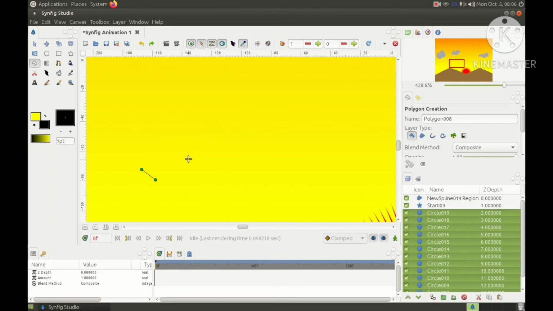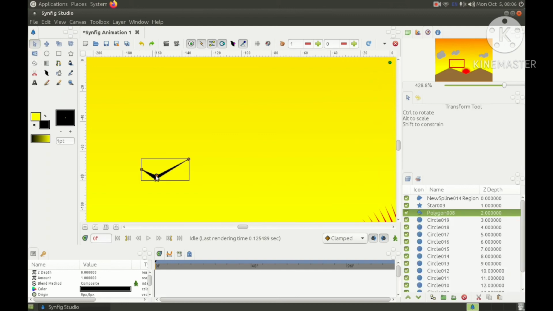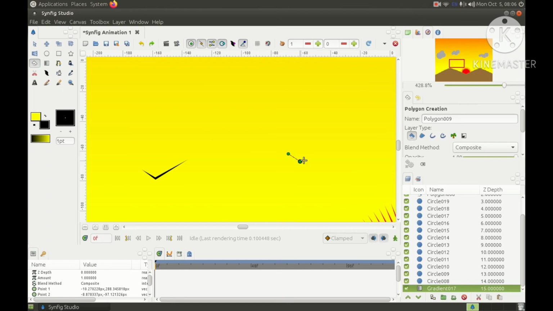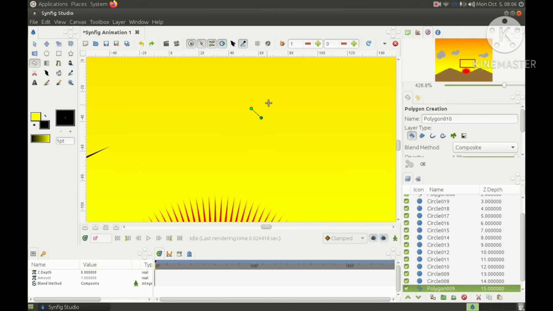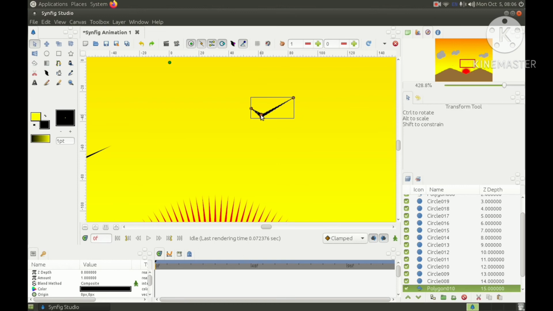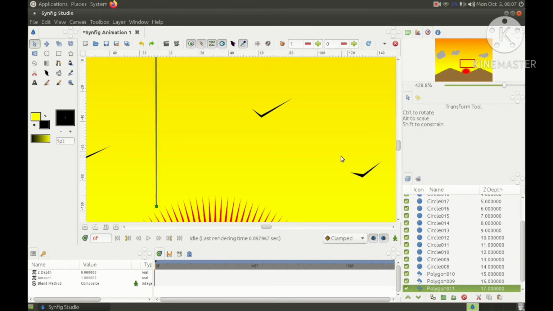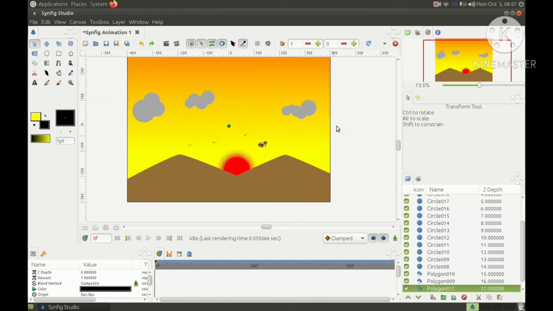Simply click, click, click. Okay, same way again. Now zoom out the scene and you can see.